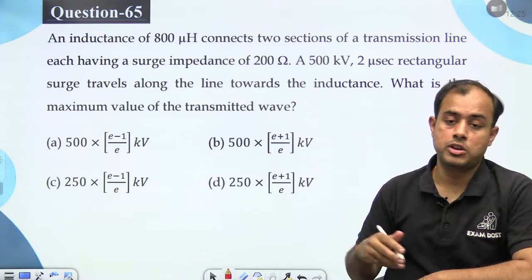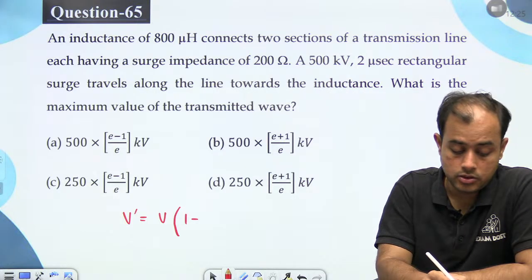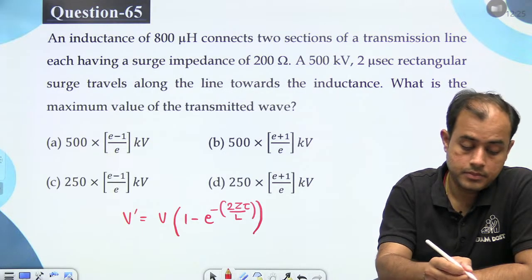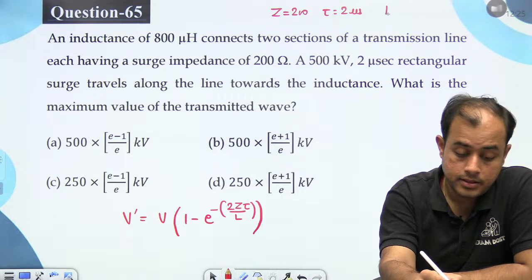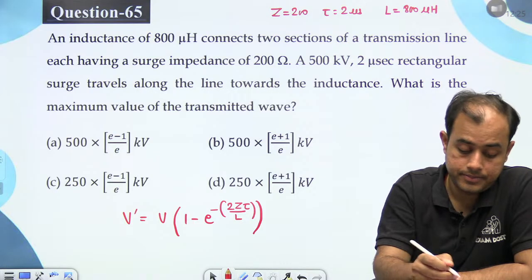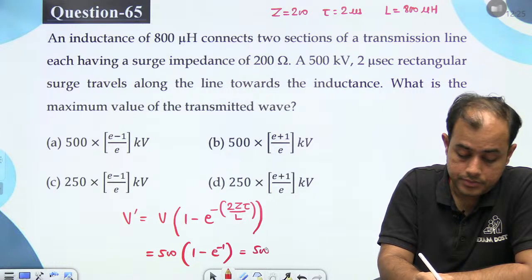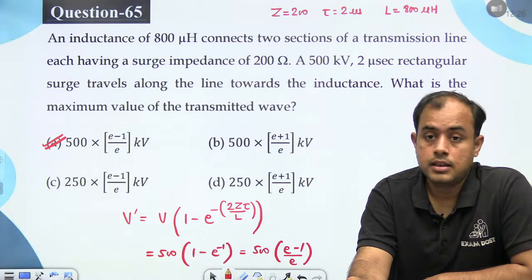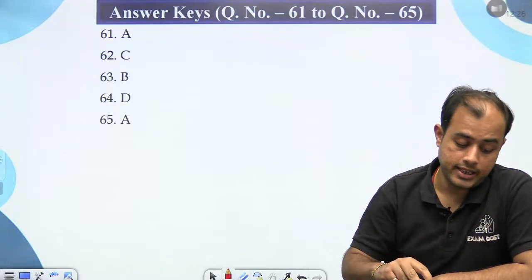तो यार इसमें ना देखो डायरेक्ट फॉर्मूला होता है, मैं बता दे रहा हूं। व्हेन यू हैव अ इंडक्टेंस, वैसे दिस इज नॉट जनरली आस्क्ड, तो Z is 200, tau is the duration 2 microsecond, L is 800 microhenry। तो ये सब कट जाएगा, तो ए आंसर, ठीक है, ए आ जाएगा। क्लियर? तो ये फॉर्मूला आपको याद रखना पड़ेगा व्हेन यू एनकाउंटर अ इंडक्टेंस।